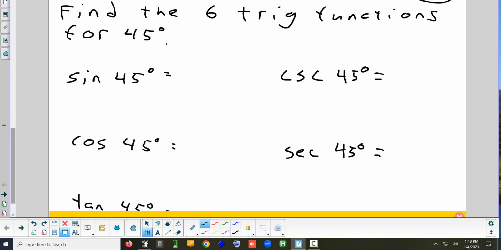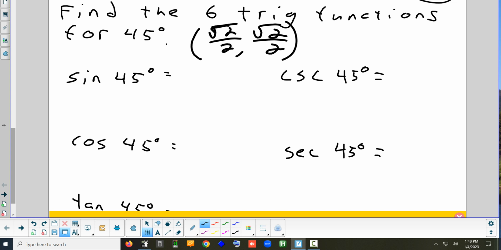So I showed you this problem a few minutes ago, and I asked you, what do we need to do this problem? So I have the same question again. What do you need to figure this out? Which is the, right, we need the coordinate. Now, we have the coordinate. A 45-degree angle is always square root 2 over 2, comma, square root 2 over 2. And the easiest way is to memorize